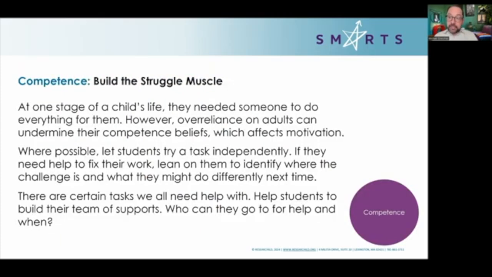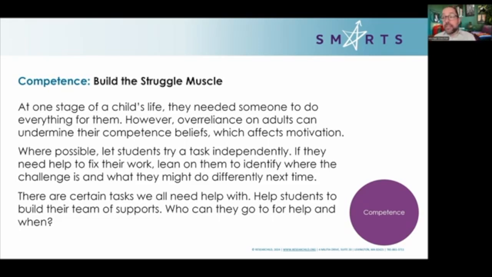When we talk about competence, remember, this is about the belief in the ability to work hard and succeed at whatever you're working hard at. So I love this idea of the struggle muscle, and that's something I learned from Joan Steinberg, who is a wonderful colleague on the Smarts and Research ILD team, which she uses with her students. Because a lot of the time, when kids are younger, they're used to having everything done for them. And that's especially true with time management. They don't have a window of time. They don't know what they did yesterday because it just fell out of their brain. So we do it for them. We plan their day, we plan their week, we plan their month, their whole year.